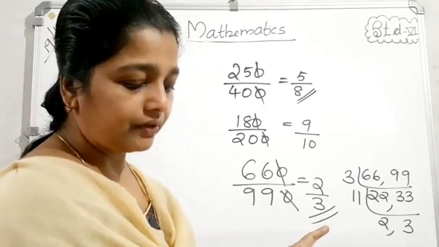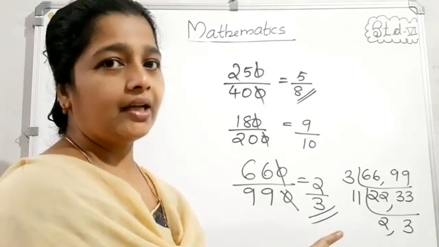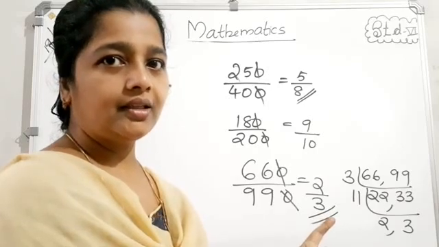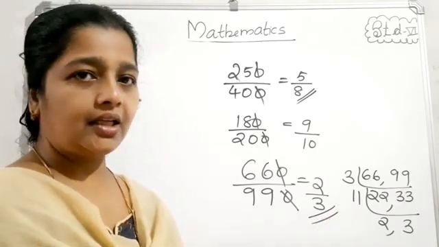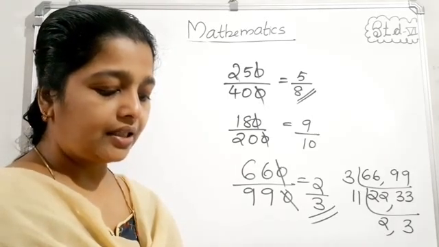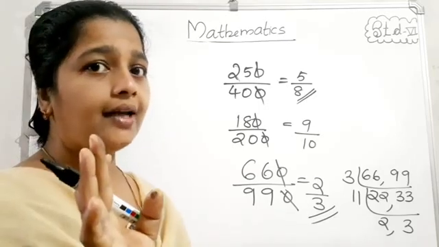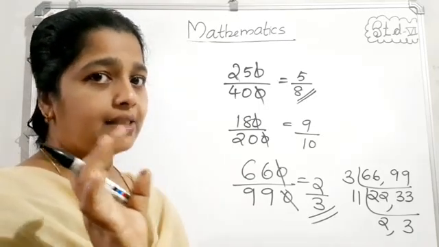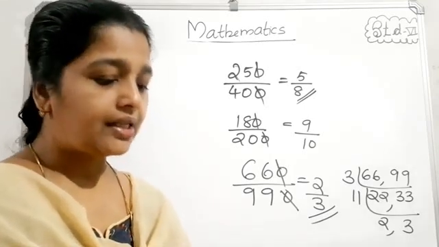Then the fourth and fifth you can do as homework and write in the textbook only. Clear? So the answer you will get: 180 by 360 equals 1 by 2, and 220 by 550 is equal to 2 by 5. You must do it and write the answer. Don't just write the answer simply. Clear? Yes. So these are the questions.